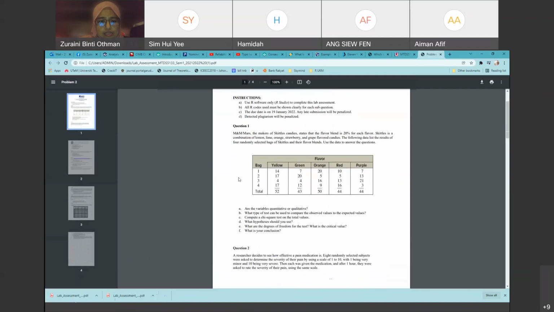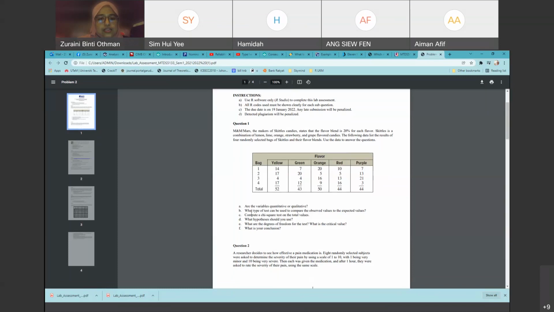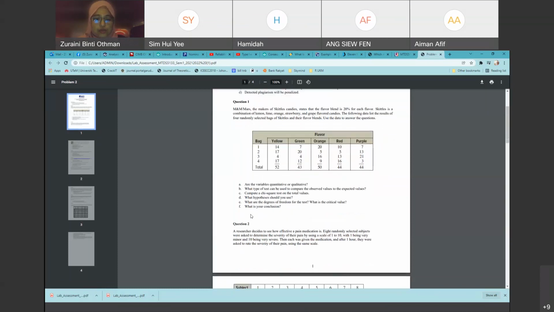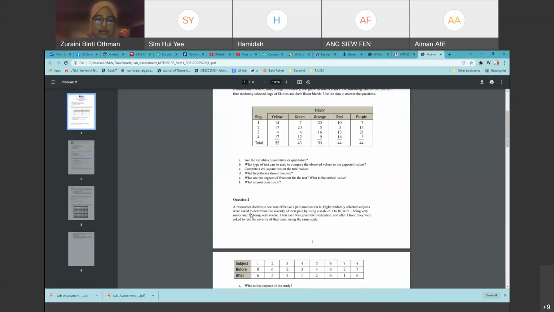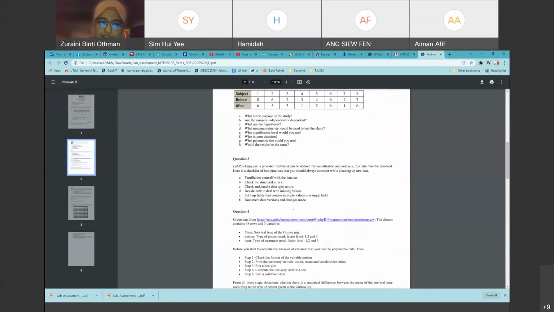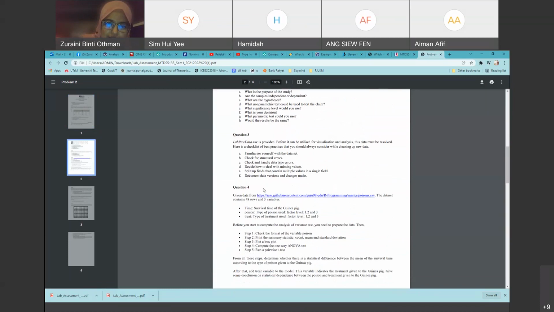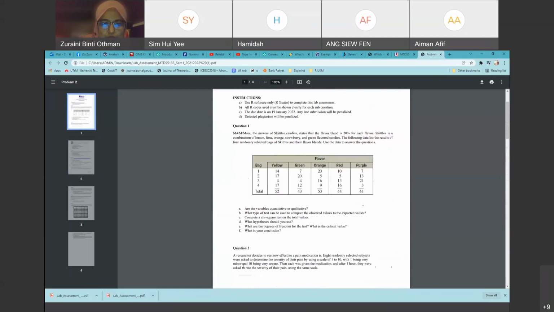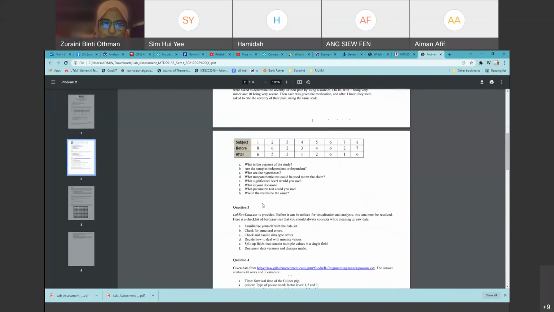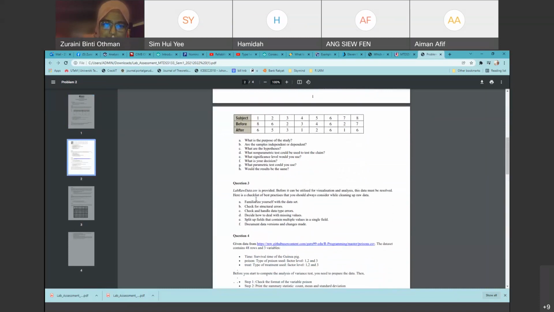Then this is question 1. This is the table that you have to use. This is about quantitative and qualitative variables, and you do it individually. If you have questions regarding my topic, my topic is question 3. This is the question that I made. I'm not sure, but maybe question 1 and question 2 are from Dr. Sack. If you have questions on question 1 and question 2, you may refer to Dr. Sack. And this is question 3, from me.